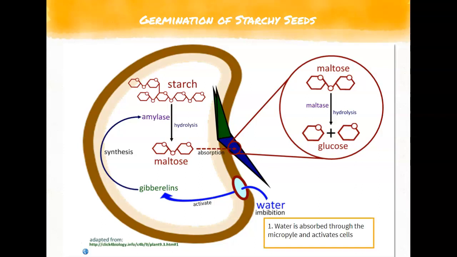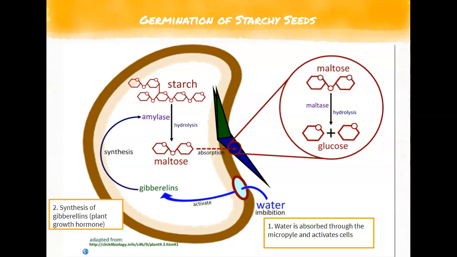So, step 1 is water comes through the micropyle, right? That little hole in the seed, and activates the cell. A seed can stay in a dormant state for a very, very long time, and when water comes in, that's when all of the other hormones and enzymes and bits of a seed are going to kind of come to life. So once water is absorbed,